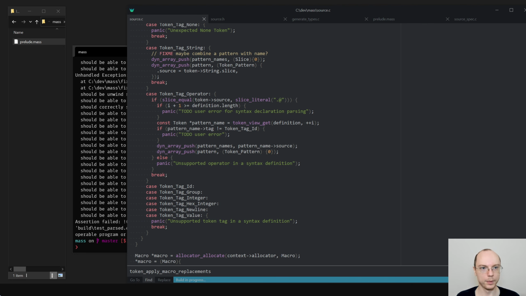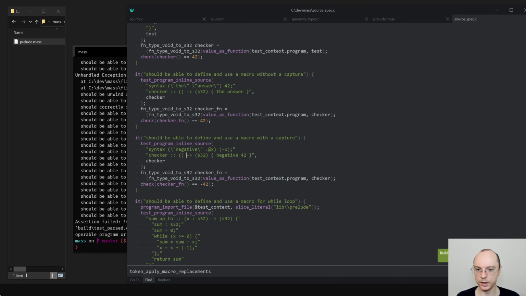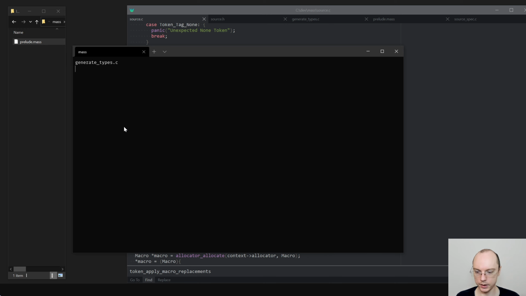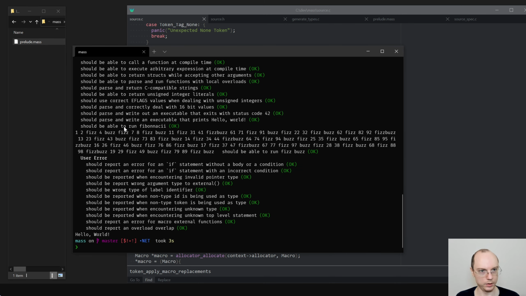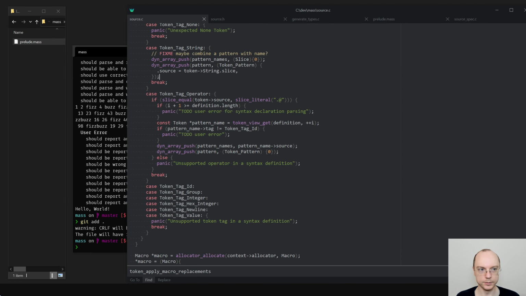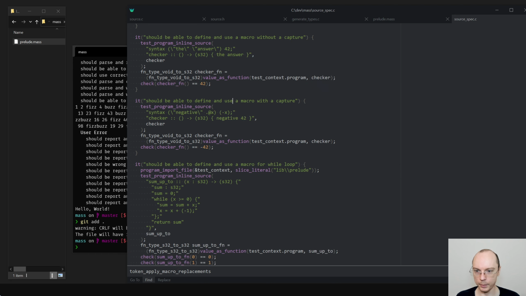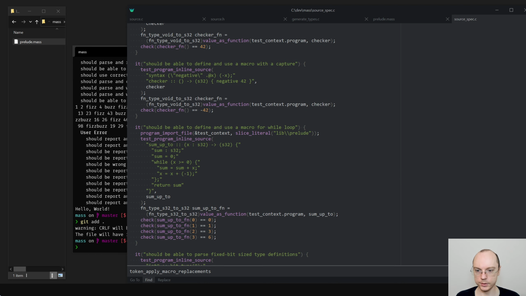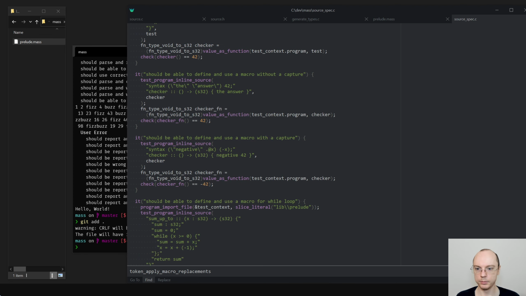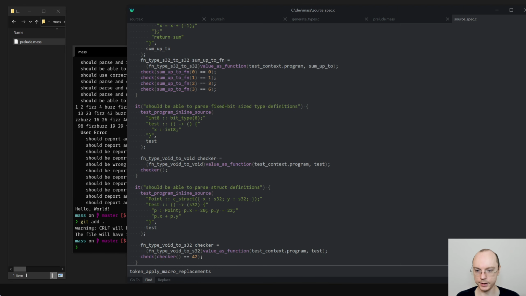Okay. What do we have here? So now we should be able to parse this, I think. Let's see. And we are able to do it. That is great. That is basically the macros that we have here, I think.